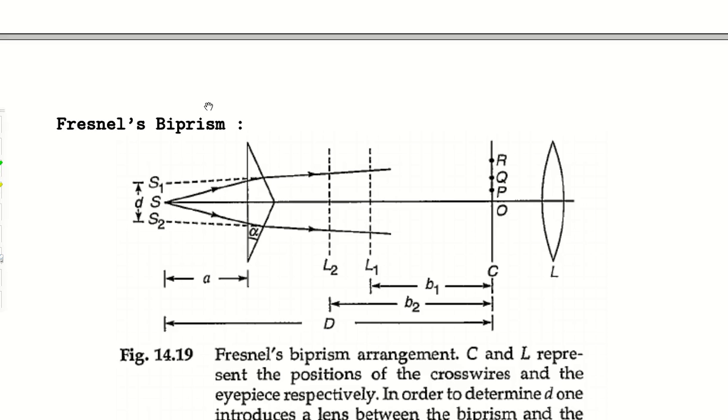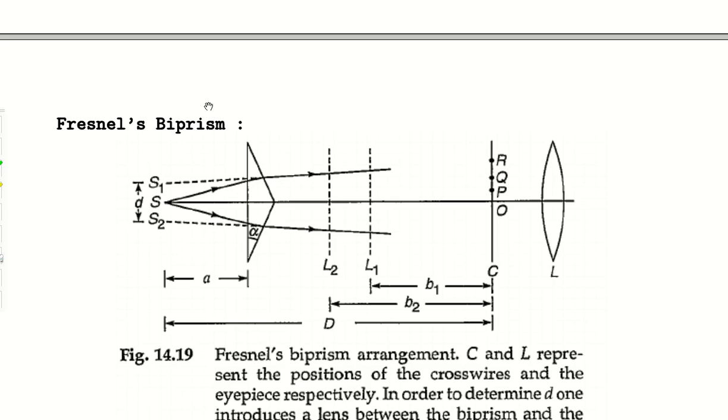In our previous class, we discussed the interference phenomena by the division of wavefront method, and also discussed the pioneering work of Young, that is Young's double slit experiment, the shape of the fringes and the fringe width. Now we are going to discuss the other experiments regarding the formation of interference fringes by the division of wavefront method, and the very important one is Fresnel's